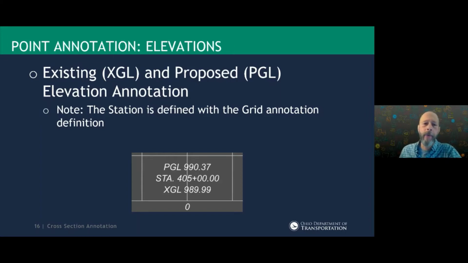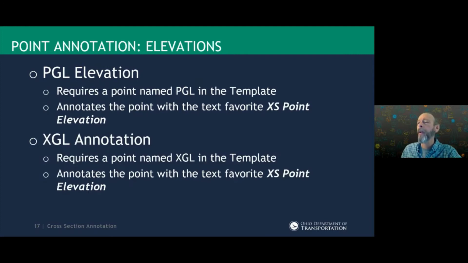We've run into a couple of user support issues with this, so I want to talk about this a little bit. The PGL elevation does require a point named PGL in the template. It's going to find that point at my cross section. Actually, it's a 3D line string generated from that point, and it's going to annotate it using the excess point